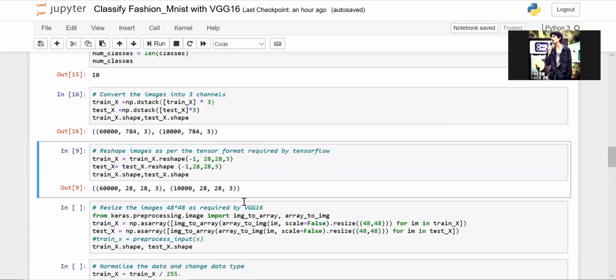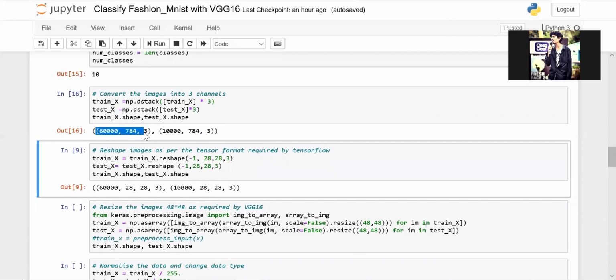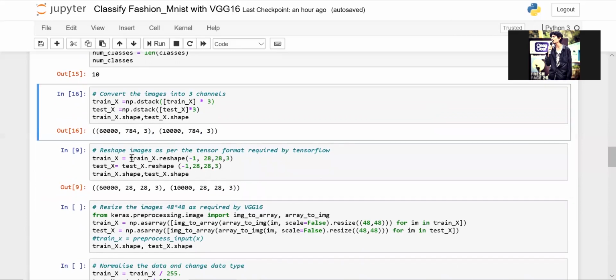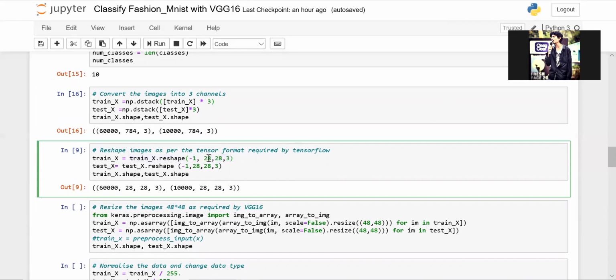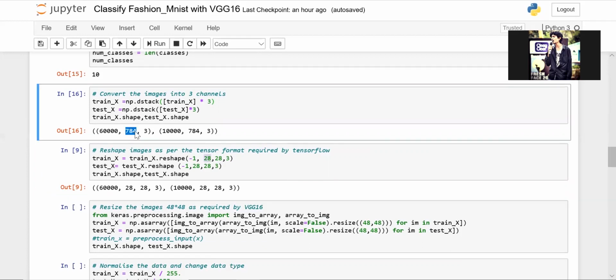Okay, it looks like it's done. And since we have 3-dimensional image data, we'll now reshape each and every image to 28 by 28 pixels. The reason is that after applying dstack, which is depth stack, we have images of dimension 784 by 3. The 3 is the channel, so let us not worry about that, and rather focus on this number 784. If you look at the number 784, it is nothing but the square of 28.